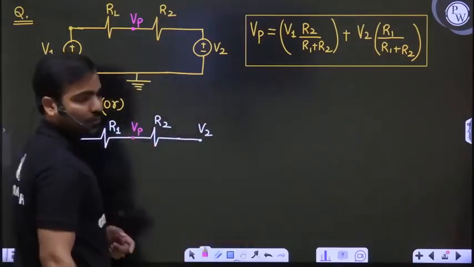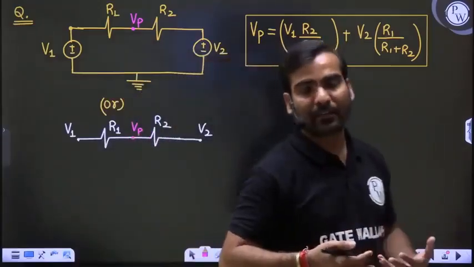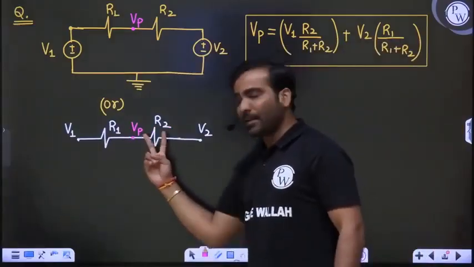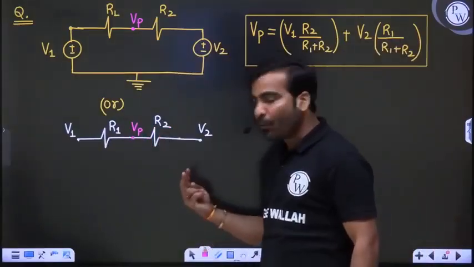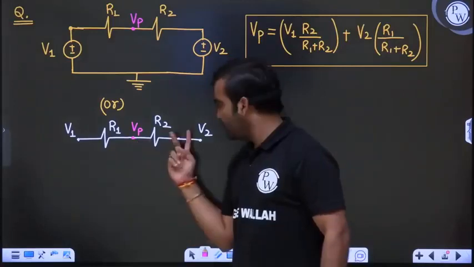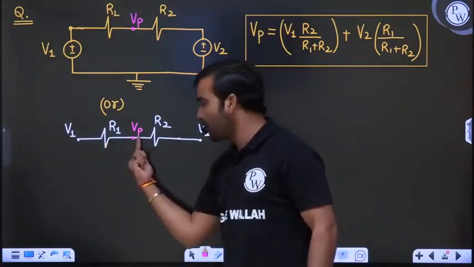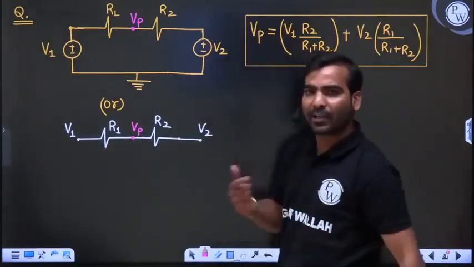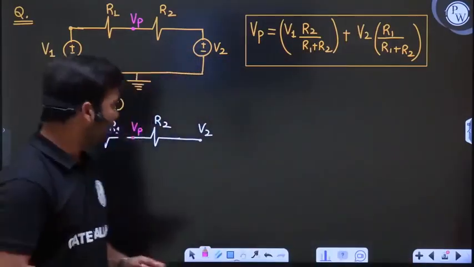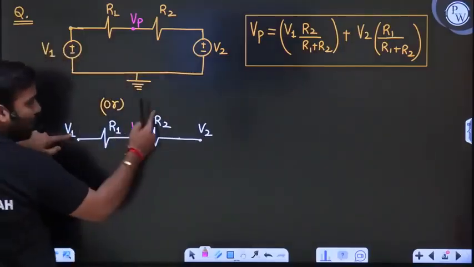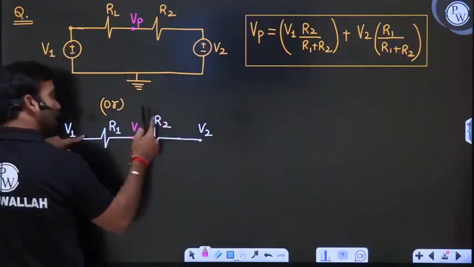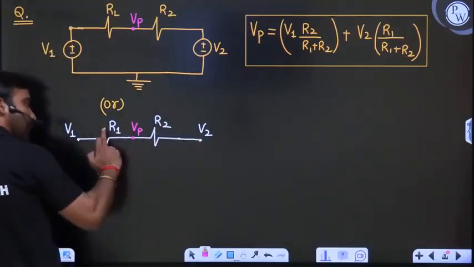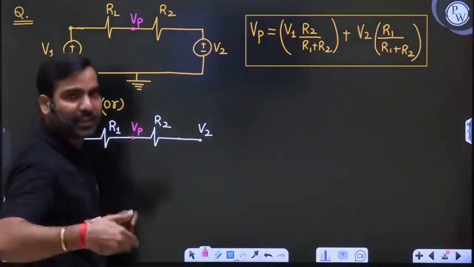Now listen carefully to what I am saying, just how to remember it. The concept is, suppose we have two resistors R1 and R2, and I am asking for the center node voltage, with two voltage sources V1 and V2 on both sides. Then what is the equation? Quickly we have to write, Vp will be equal to V1 into the opposite resistance, V1 into R2 upon R1 plus R2, plus V2 into R1 upon R1 plus R2. Directly you can write like that.